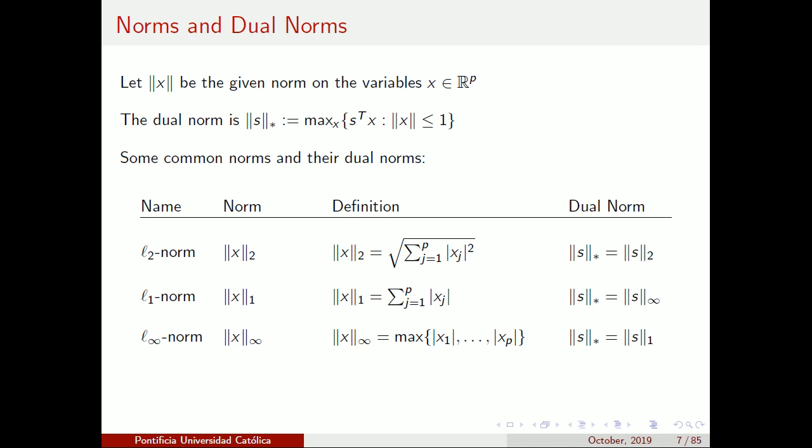If my norm is what's called the L1 norm, which is just the sum of the absolute values, it has a dual norm, which is what's called the infinity norm. And what is the infinity norm? That's just the largest of the absolute values of the components. Okay? And its dual norm is the 1 norm. And if you don't know anything about norm duality, don't worry.